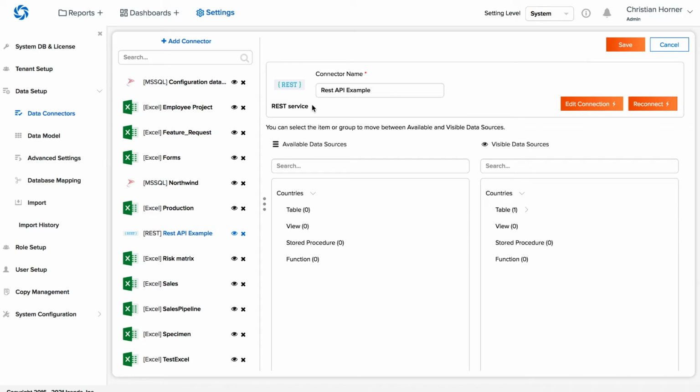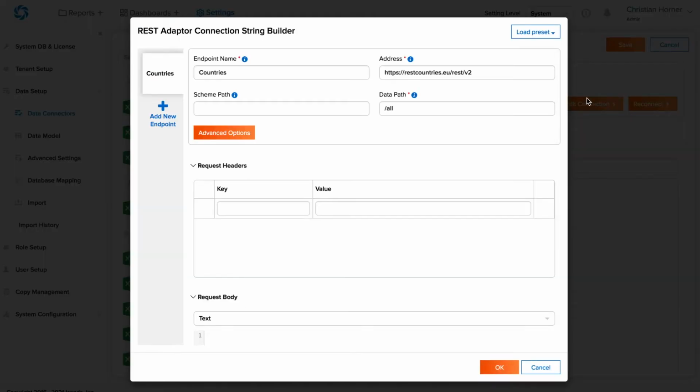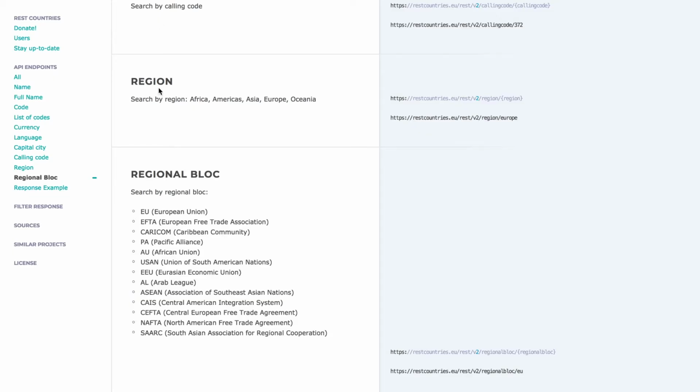If the REST API endpoint being hooked into can be separated between different tables when alternative paths are provided to the endpoint, we can edit our existing connection to make some changes. If you have an endpoint that returns a list of tables, you can provide more details in the scheme paths section and expect Izenda to parse a list of tables. For the use case we leveraged in the previous video, this particular endpoint has a list of different regions.